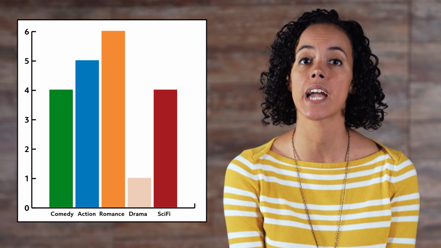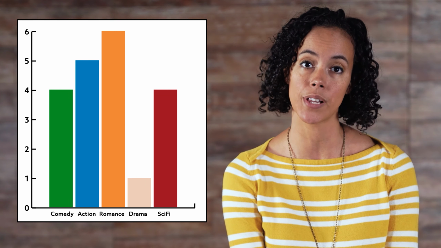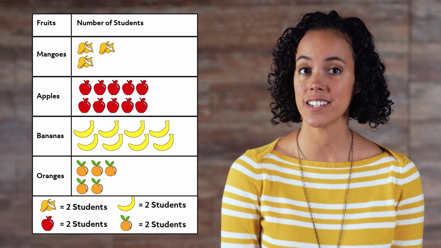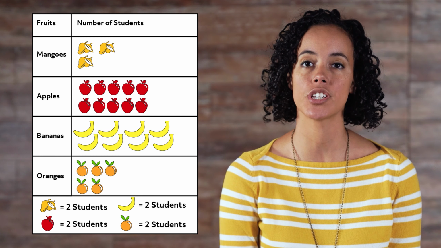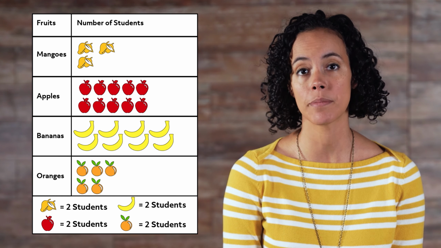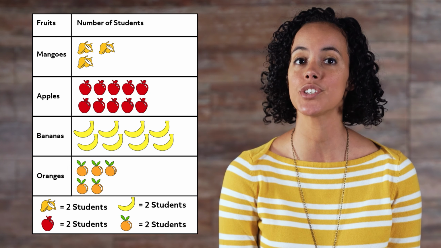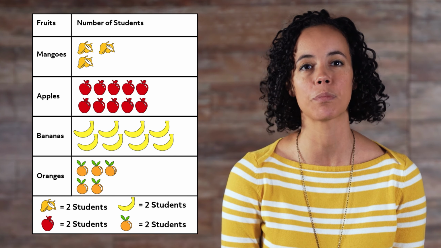This bar chart shows categories on the horizontal axis with the associated counts on the vertical axis. Next, we have pictographs. As the name suggests, a pictograph provides visual context. Visual cues and images are used to represent the data, and keys are provided to tell you what each image or symbol represents. In this survey of student fruit preference, apples took the lead with 20 students reporting them as